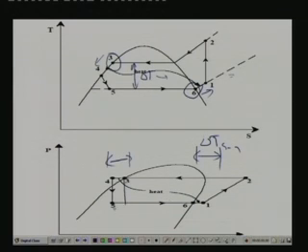Without this liquid suction heat exchanger, your refrigeration effect was this much. This is your delta H, which is equal to QE. And because of this liquid suction heat exchanger, now it has become this much. So that is a benefit, but you will also simultaneously see that there will be some increase in work